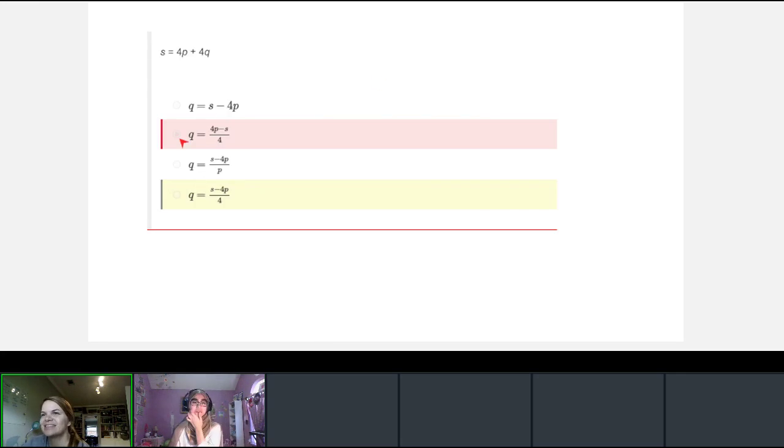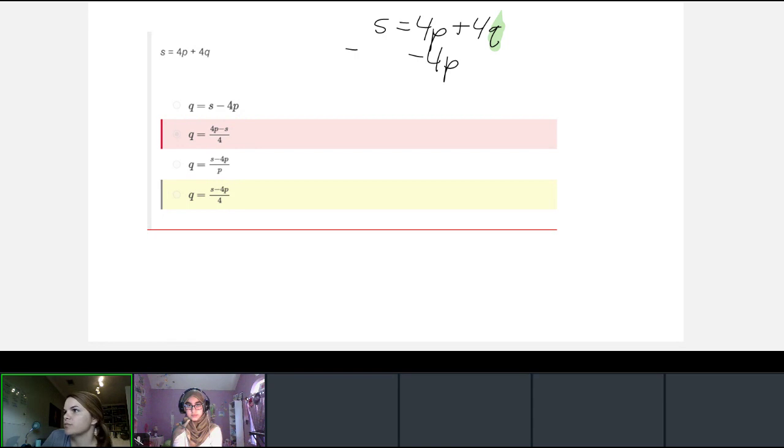All right, and then the last one is kind of the same thing. There we go. It looks like we're solving for Q. So S equals 4P plus 4Q. We're solving for Q, so I want to get rid of any addition or subtraction that's happening. I'm going to subtract 4P from both sides. So I get S minus 4P